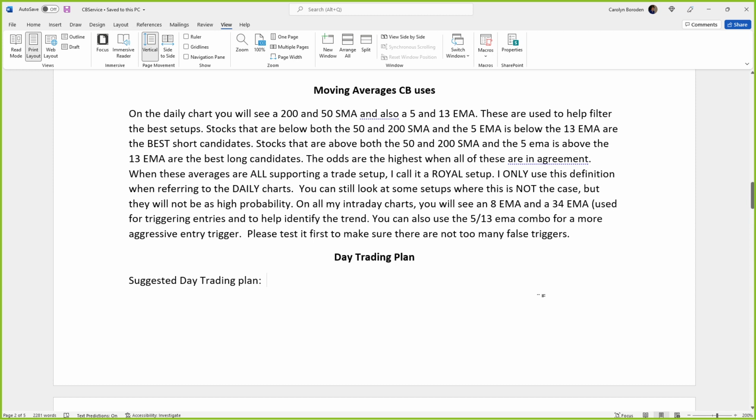As far as the intraday charts, on all my intraday charts, you'll see an 8 EMA and a 34 EMA. They're used for triggering entries, but they're also used to help determine what's the better side to trade on, and we will go over some of those examples. And then after that,